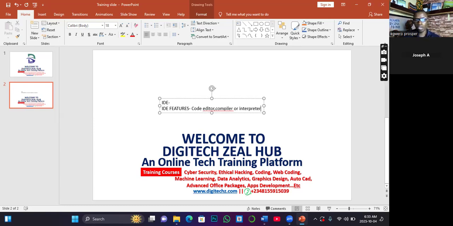Then we also have within the IDE, debugger. We also have the project explorer.